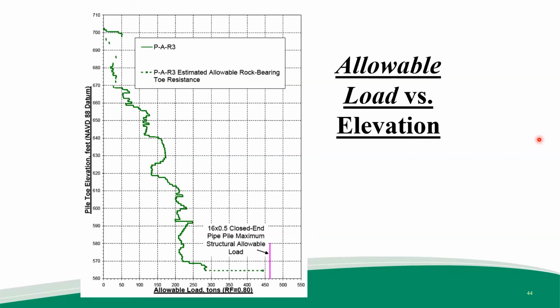So if we look at now, we switched from capacity to allowable load. And so what we've done is taken our long-term capacity from a couple of slides ago and multiplied it times a resistance factor of 0.8. And the previous presentation mentioned the benefit of testing in terms of giving you increased resistance factors. And the MnDOT structural engineering group decided to apply a resistance factor of 0.8 due to the testing done on this project. But here we see then the long-term capacity profile multiplied times 0.8 gives us this green line, but